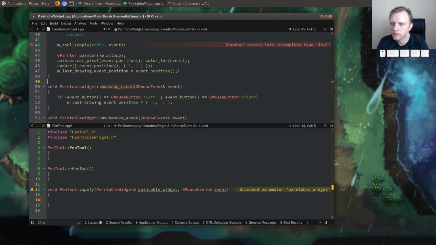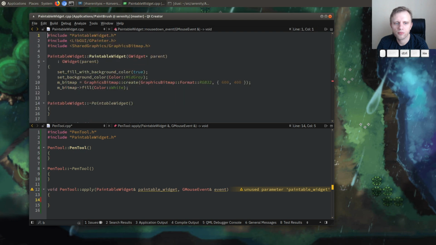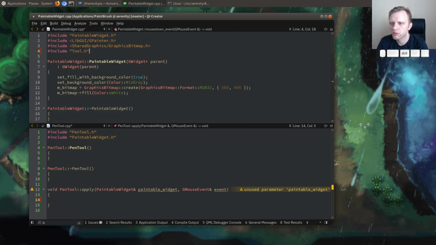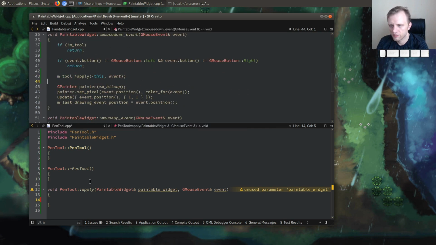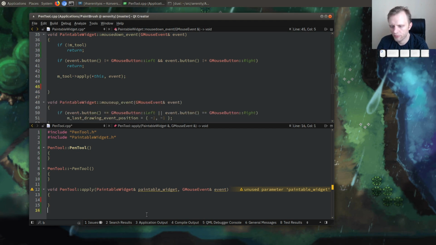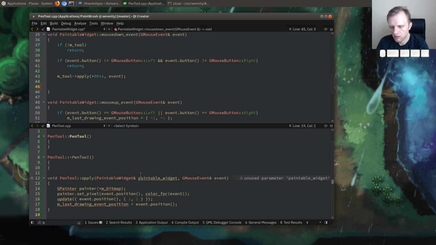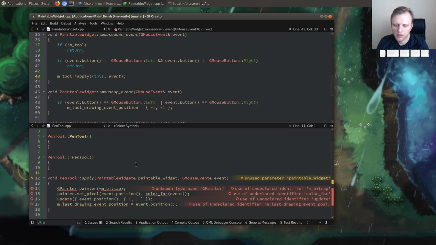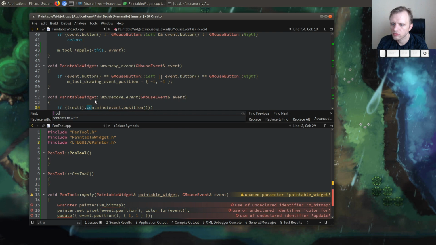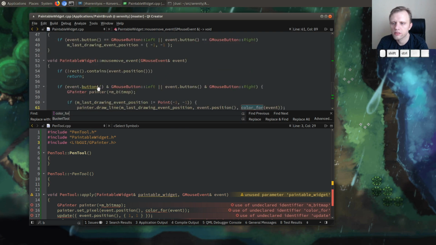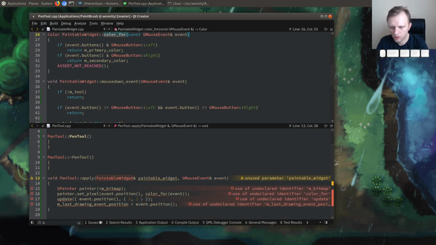So what were we doing here? We were, oh, well, first off, let's include tools so that we can actually see the apply function exists. Okay, so then here we'll say, like that, GUI G Painter. Color 4 is the Paintable widget member, right? So Paintable widget,